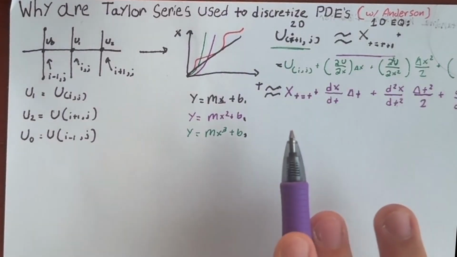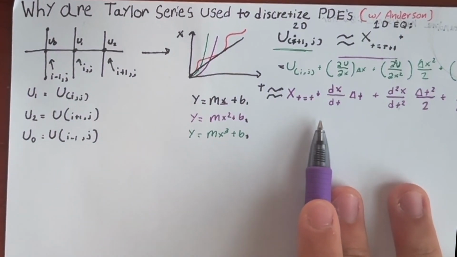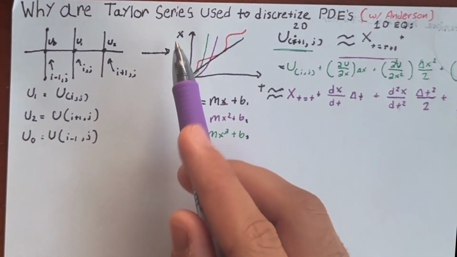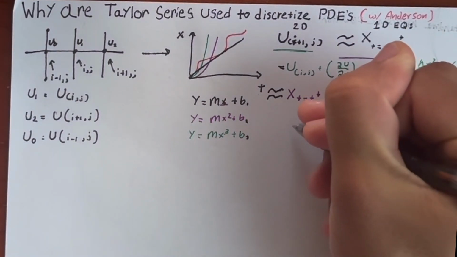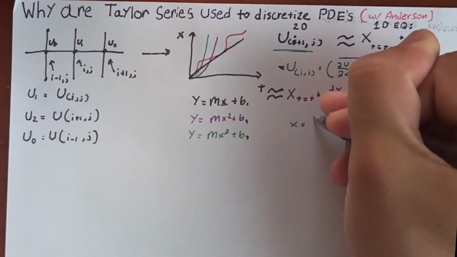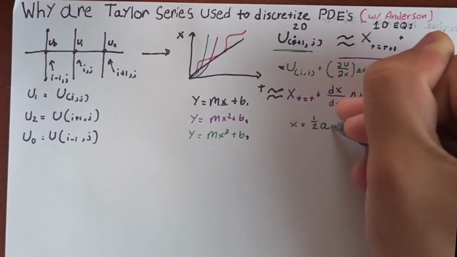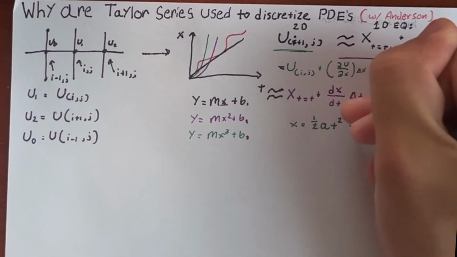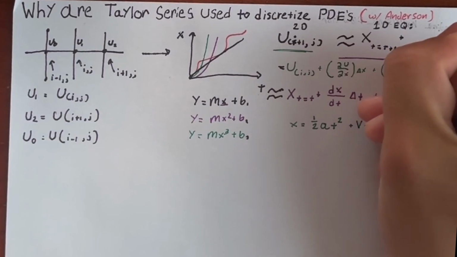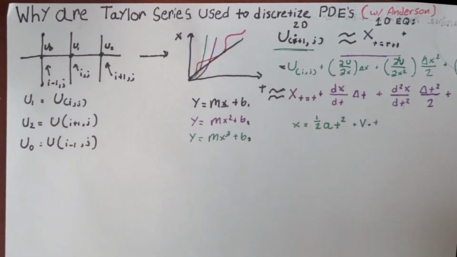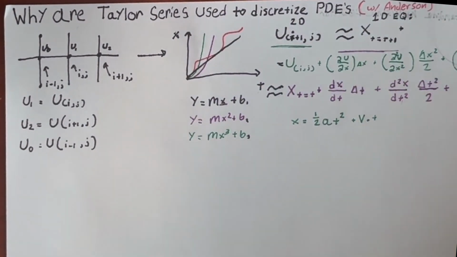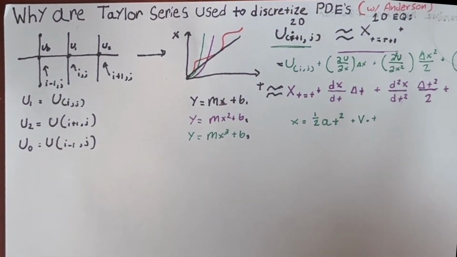To convert this to a more intuitive idea, let's look at your change in distance with respect to time, and let's look at one of our analytical solutions for that. A simplified analytical solution for your change in x as a function of time is 1/2 your acceleration times time squared plus your velocity times time. Now, where does this analytical expression come from? It comes from a simplified version of the Taylor expression that describes your change in position with respect to time, right? Going back to our earlier